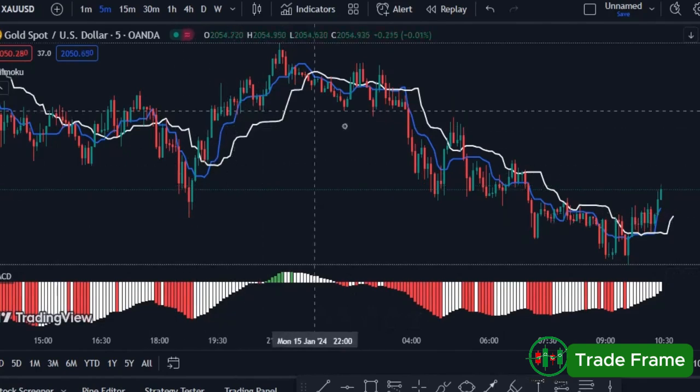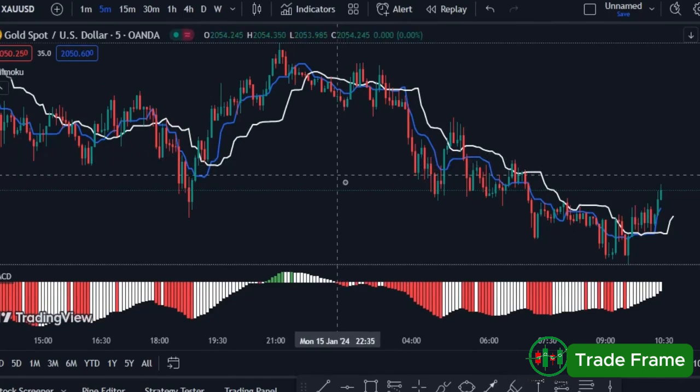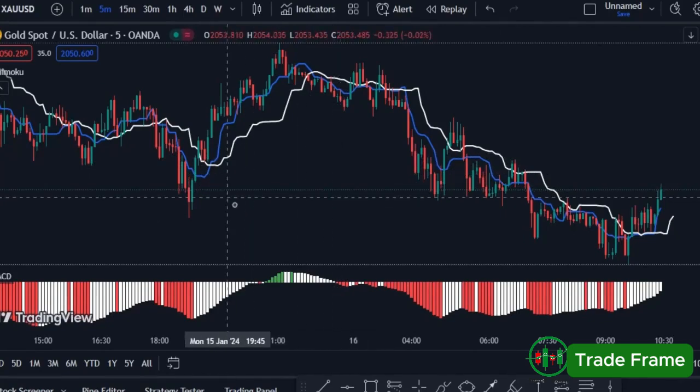So we disregard those signals, and the signals that are important to us are those where both indicators specify the same direction for us. Or we see signals on the chart like these places